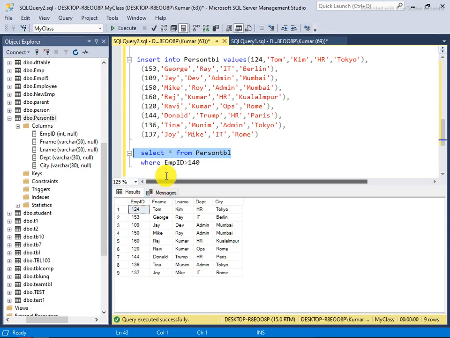Now notice, it will go and check whether employee ID 143 is greater than 140. No, it's not, so it will take it out, and again this is not, so it will not include it, and this also is not included. It means SQL Server's IO cost is wasted, because it's checking unnecessarily.